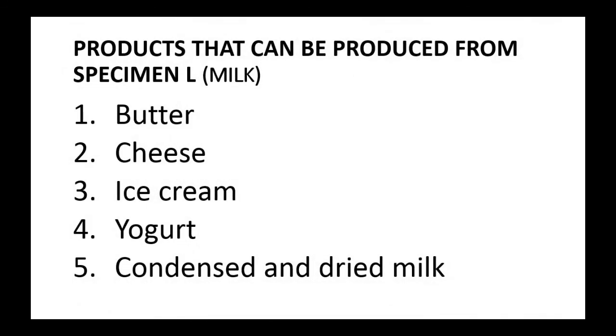So products that can be produced from specimen L: one is butter, we have cheese, we have ice cream, we have yogurt, we have condensed milk, we have dried milk, and so on, can be produced from milk. So this is the end of agricultural science May-June examination